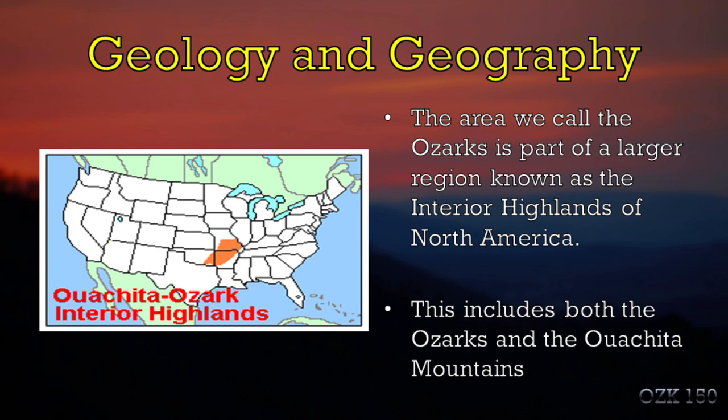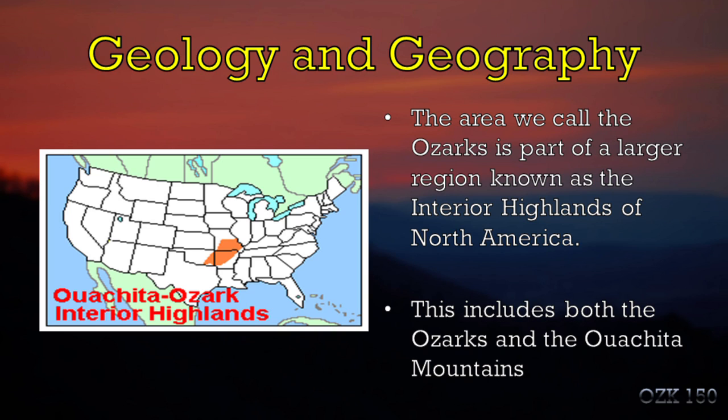Now, a lot of what we'll talk about today comes from geologists and geographers. And geographers refer to this area in the middle of the country as the interior highlands. These are hills, mountains that are in between the Appalachian Mountains and the Rocky Mountains, the interior highlands of the country. As you can see there, the map showing the interior highlands actually has a larger area than our Ozark